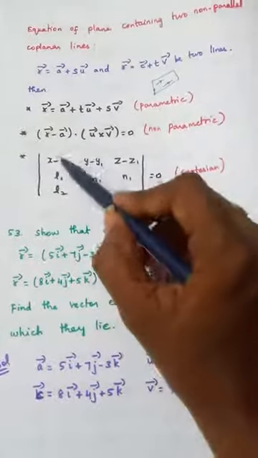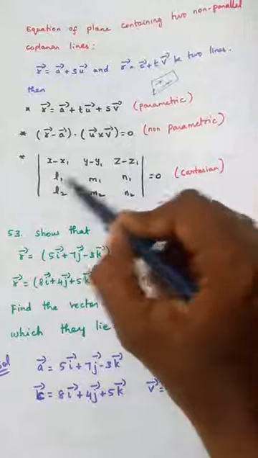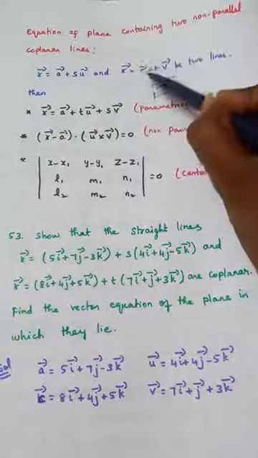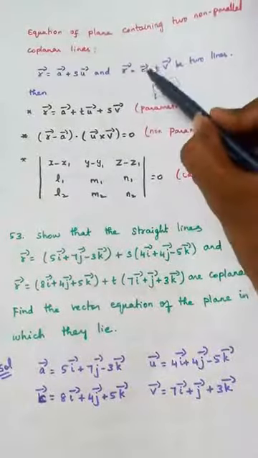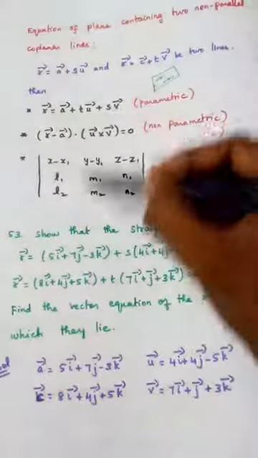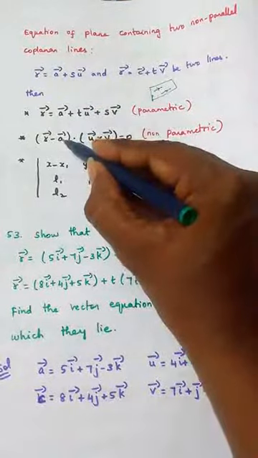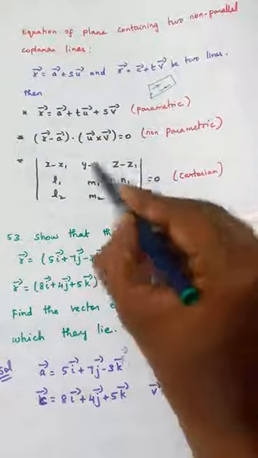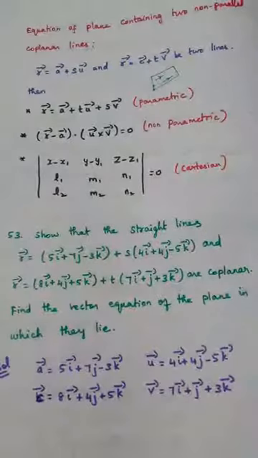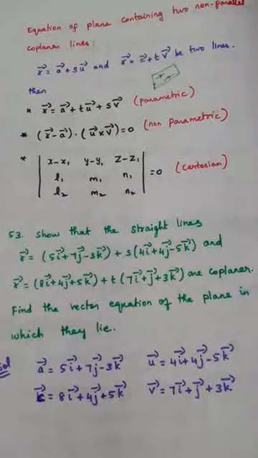Here also I can say x minus x2, y minus y2, z minus z2; L1, m1, n1; L2, m2, n2. That is also correct, because I can use this point also. Instead of using this point, we can take this and write x2, y2, z2 also. So in each and every formula, in this first formula, A can be replaced by C. Here also A can be replaced by C. Here x1, y1, z1 can be replaced by x2, y2, z2. Both are correct. So this is the formula for the equation of a plane in each type, that is parametric, non-parametric and Cartesian.